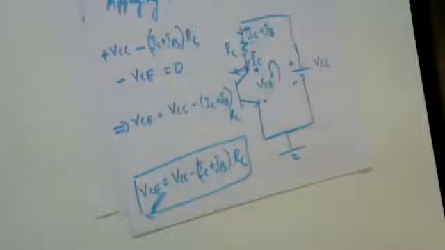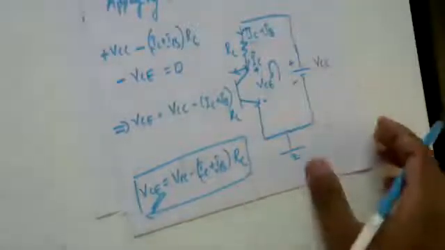Now that we have the expressions, we will analyze how this particular circuit operates and how this base resistance RB provides negative feedback in the circuit. For reference, we will write both the input and output expressions that we have got.